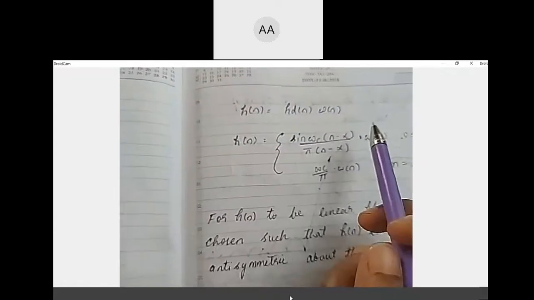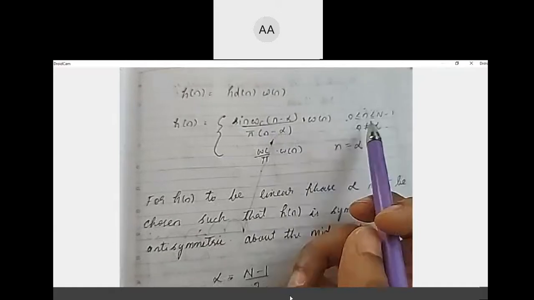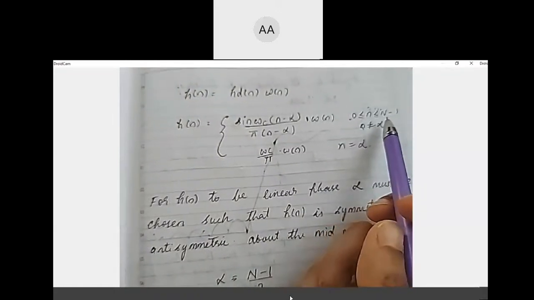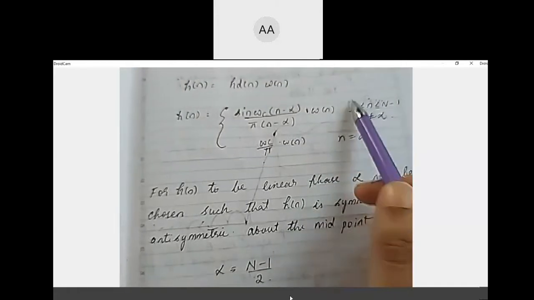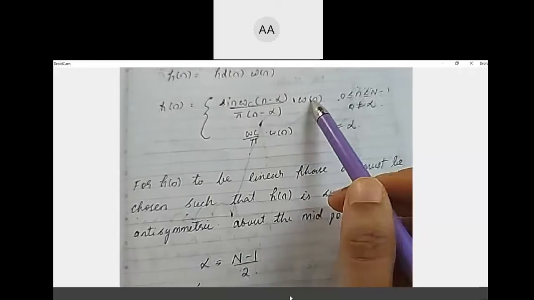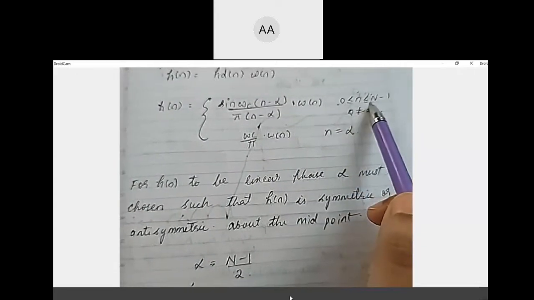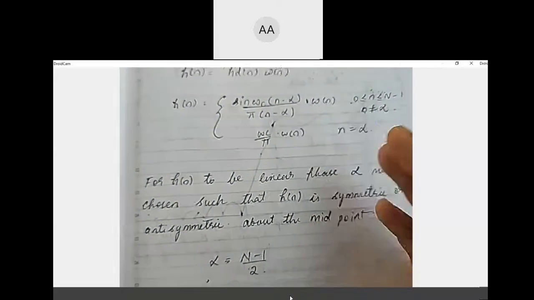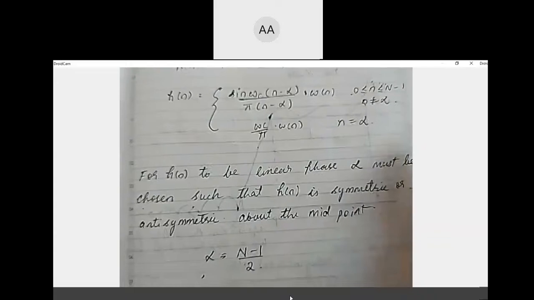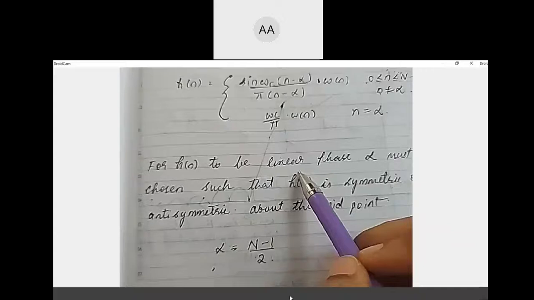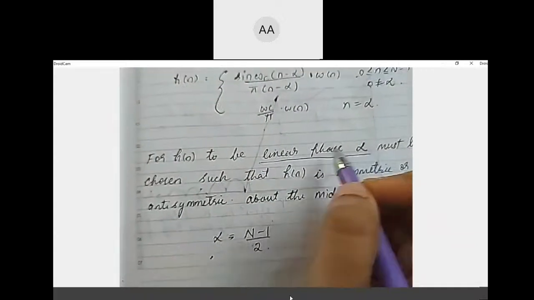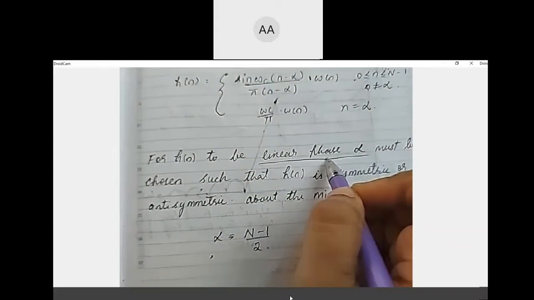Next step is the chosen window, we are going to multiply it. Why are we doing it? We will restrict it with length capital N. So the order of the filter and the window that you choose have to match, because you're going to restrict from 0 to N minus 1. Why are we choosing a window? In order to limit the infinite impulse response. Why are we breaking the infinite impulse response? In order to have linear phase. This is the most important thing that we want. Because we want linear phase only, we are doing all this circus. Getting it?